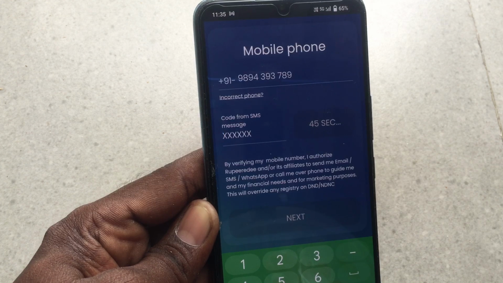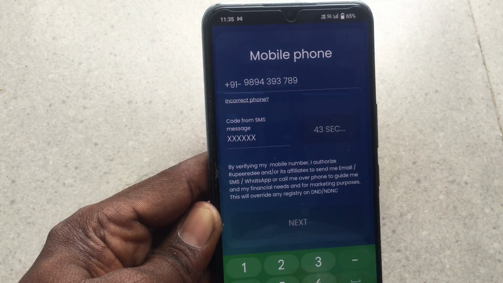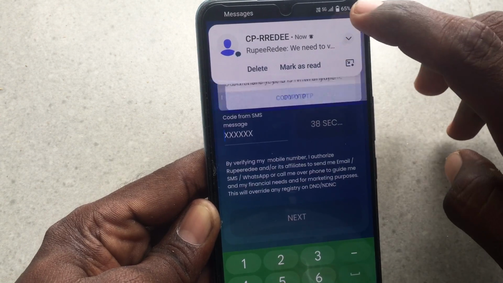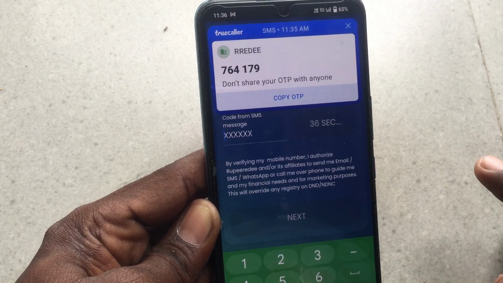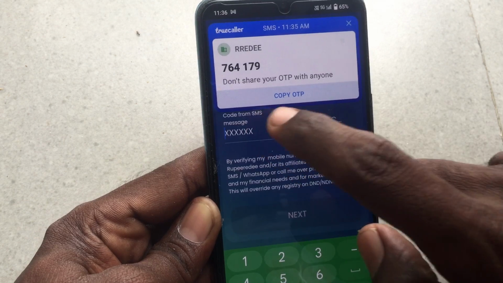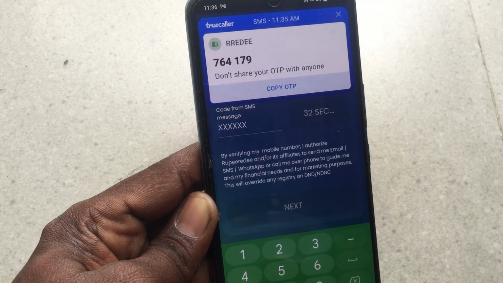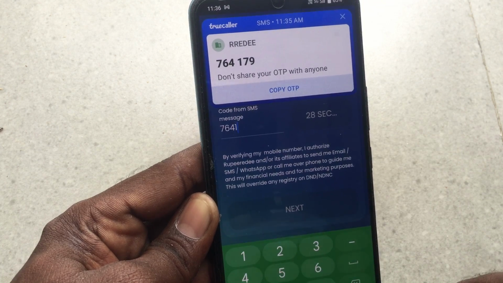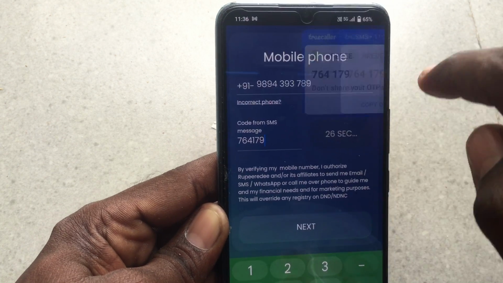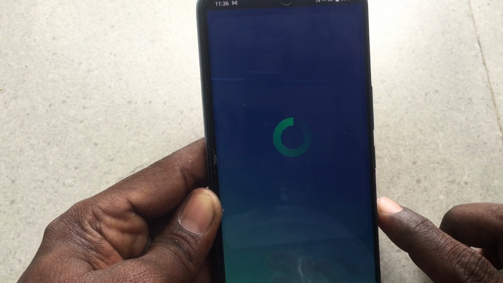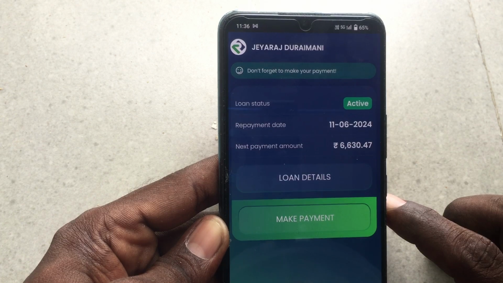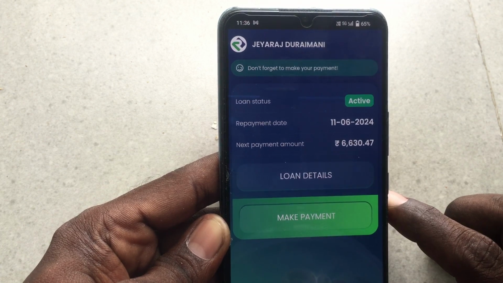and get code. So to log in to this app, you need to give your phone number, then it will send one OTP, and just type the OTP here, 764 then 179. Click on next. If you are a new user, it will show how much amount they are going to give, but